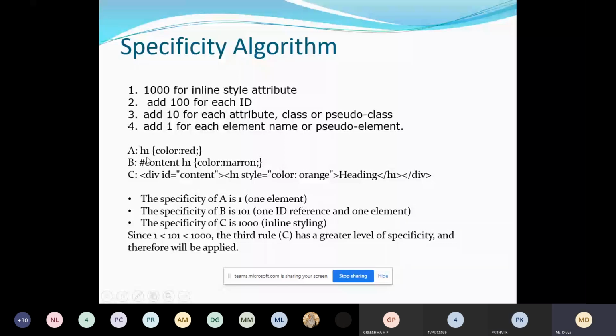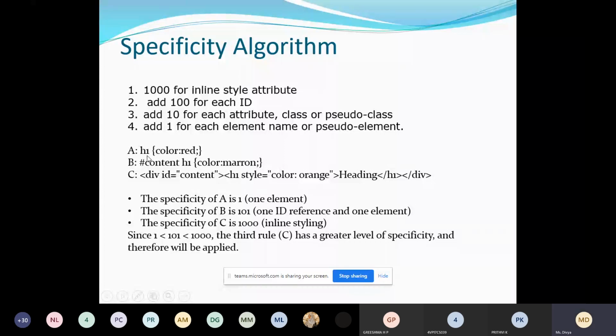This A colon, B colon, C colon is only for reference, like a line number. Instead of giving 1, 2, 3, I have given A, B, C. So don't consider it as a style. Our style starts from here: H1, color red.